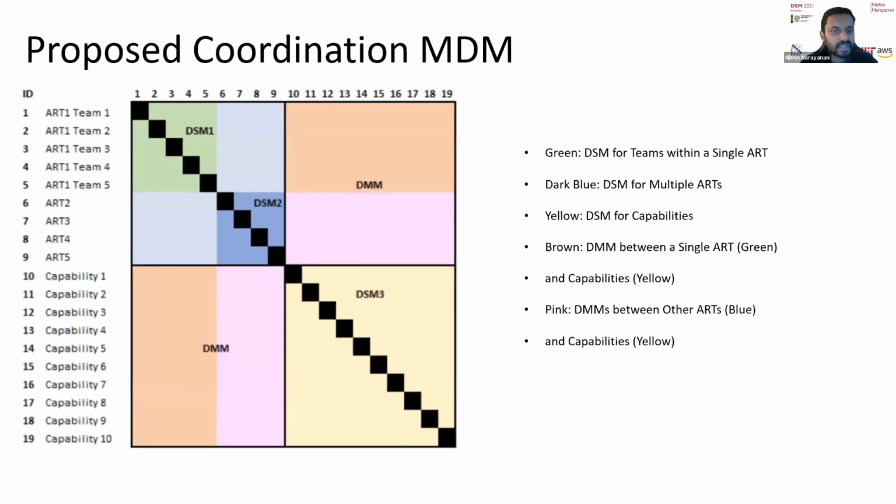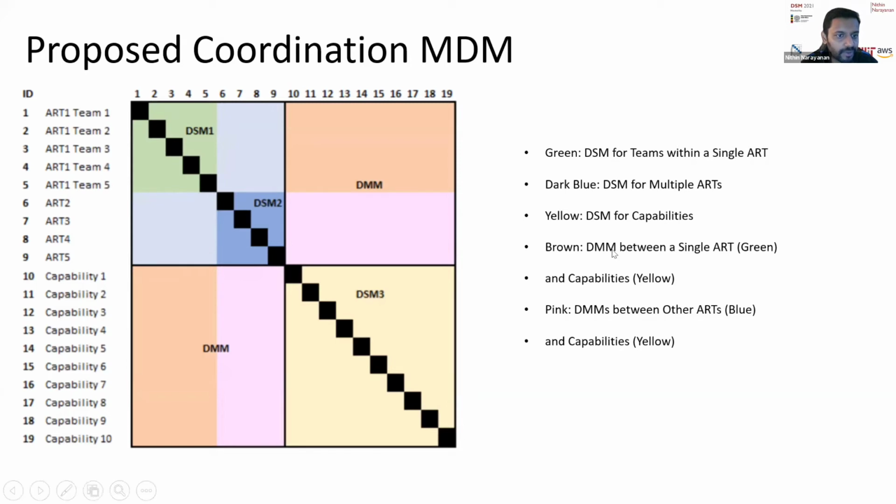So this is the translation of Swisscom's representation of Scaled Agile into the DSM based on what I had just discussed. So you can see here on the left-hand side, we have listed ART1. We expanded one particular ART to show how this can be scaled. So we looked at individual teams of that particular ART and mapped that to multiple different ARTs. So for instance, if there are 5 ARTs, we expanded the first ART into a DSM and looked at that individual team level information or the features that they are delivering and how they have coordination requirements with other ARTs.